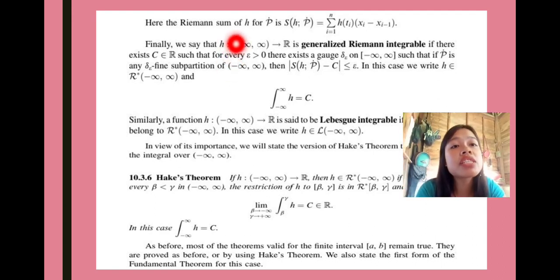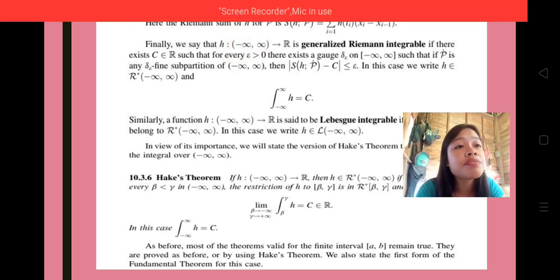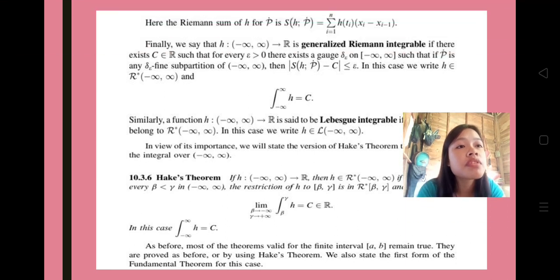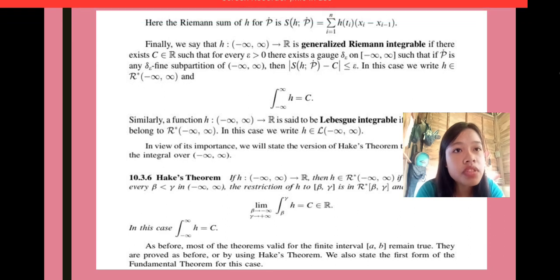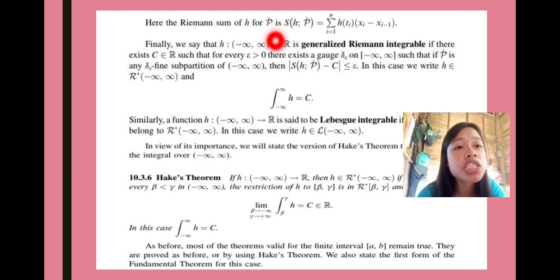Here the Riemann sum of h for the partition is equal to the summation from i equals 1 to n of h(t_i) multiplied by (x_i minus x_{i-1}). Finally, we say that h is